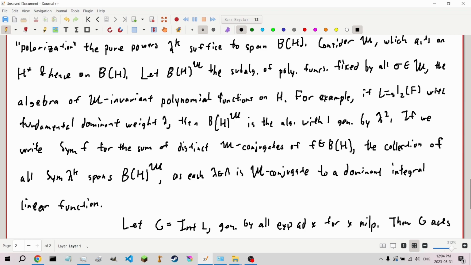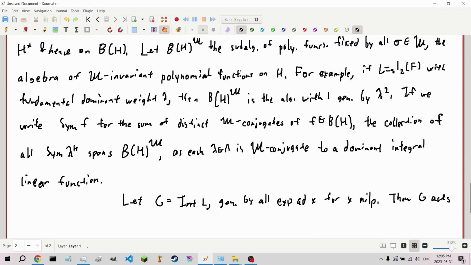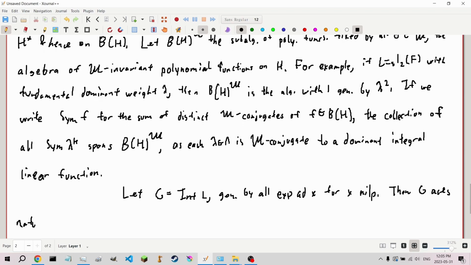Then G acts naturally on the polynomials of L